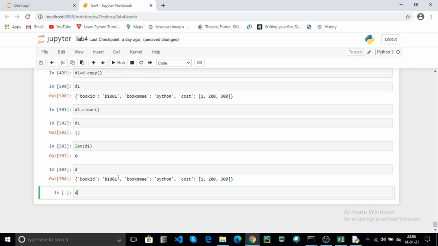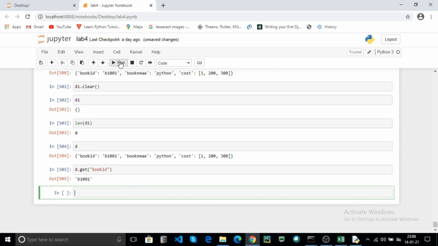Here you can use get method. You can pass any key, it returns the value. Click on run. And you can use the update method. This method is used to update a particular value based on your dictionary key.